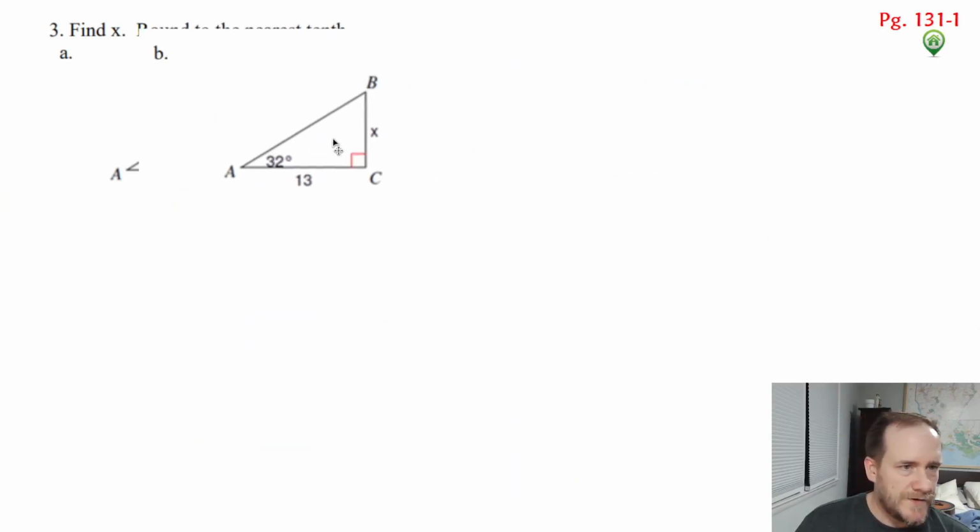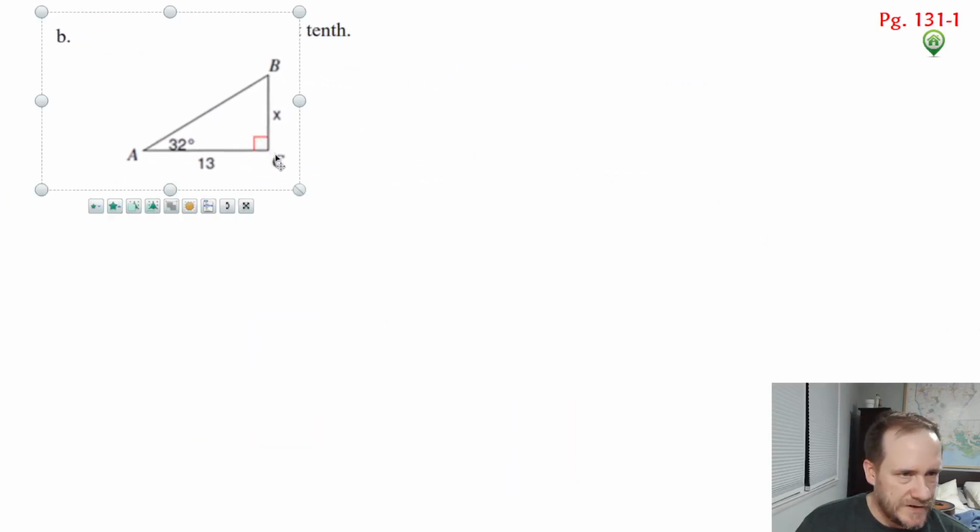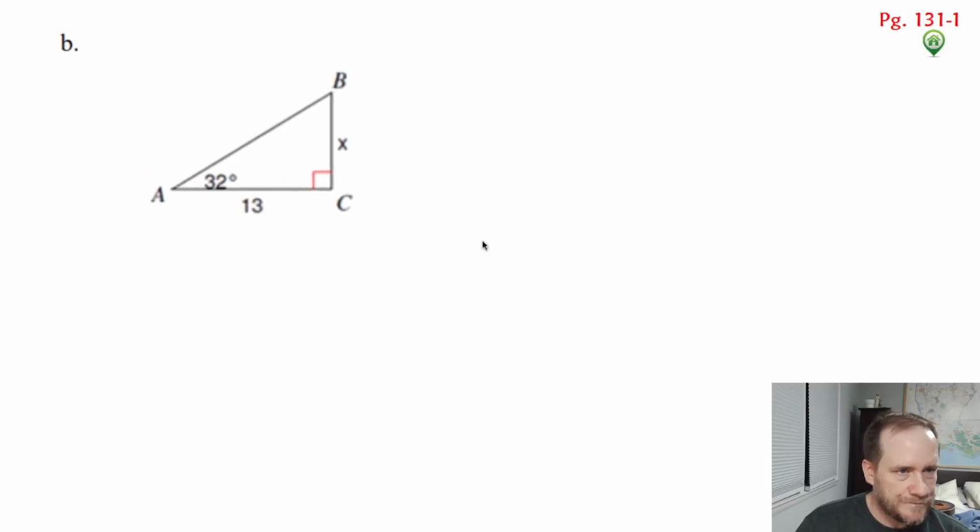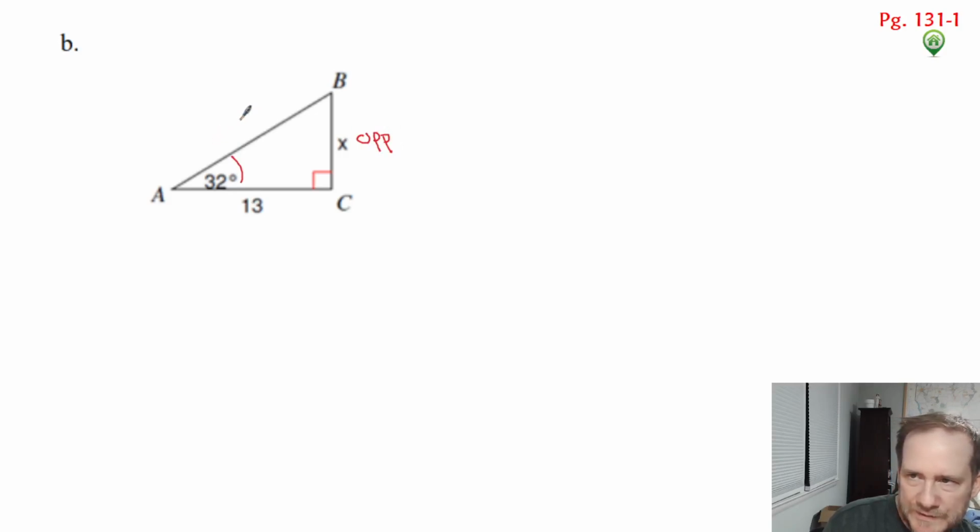Okay, so for the next one, we obviously want to just do b. So let me get everything else out of the way. And our approach is going to be similar. The first thing I'm going to do is label my sides. And so I can see that x is opposite. The hypotenuse is blank, so this guy's adjacent. So this problem is all about opposite and adjacent, which means if